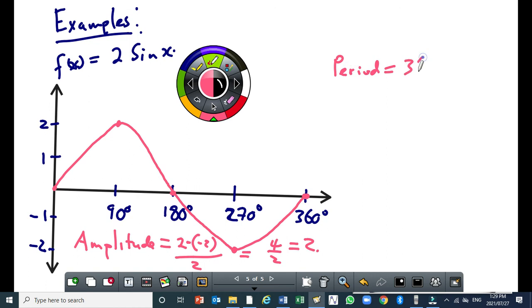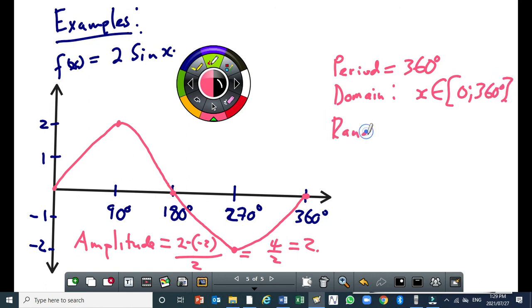Then the period of this graph is 360 degrees. After 360 degrees, the graph will start repeating itself. The domain is x, an element from 0 degrees up to 360 degrees. The range,